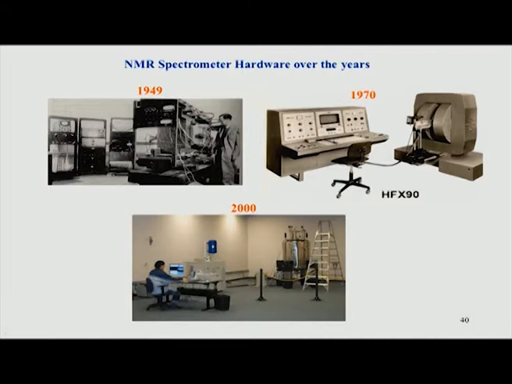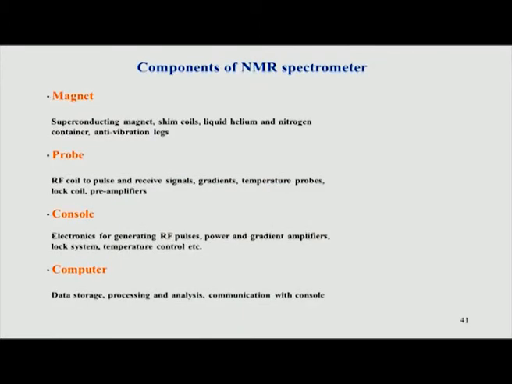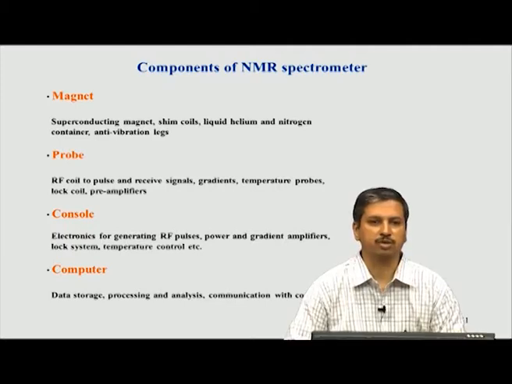Let us look at each of these components in more detail. Typically an NMR spectrometer consists of the following components. The heart of the NMR system is the magnet, which is a superconducting magnet. We will look at this shortly. Then there are shim coils, which we will talk about in later slides. When we say superconducting, basically there is a coil which is in a superconducting state, and that is kept in this state because of liquid helium. Liquid helium is at a very low temperature of 4 Kelvin, and at that temperature the material which carries the coil current becomes superconducting, and we will see that shortly.